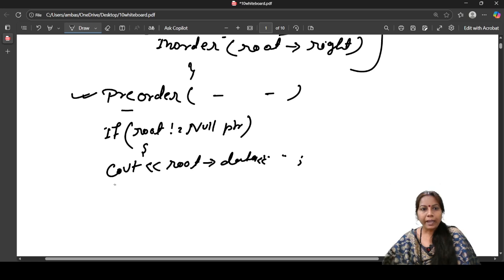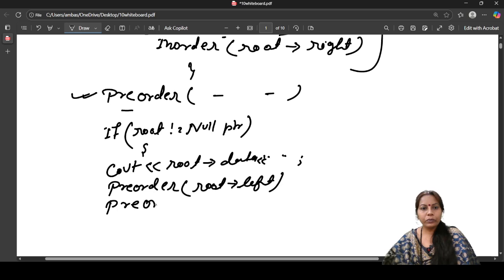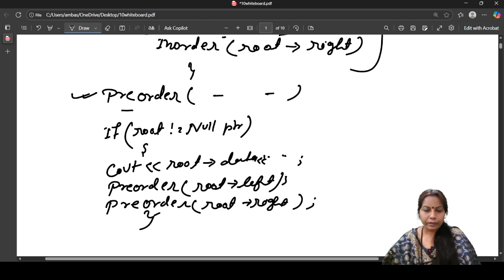And again pre-order, and here the root, that will visit your left node. And again here I use pre-order, that will visit your right node, like this. Okay, so this is about pre-order traversing.